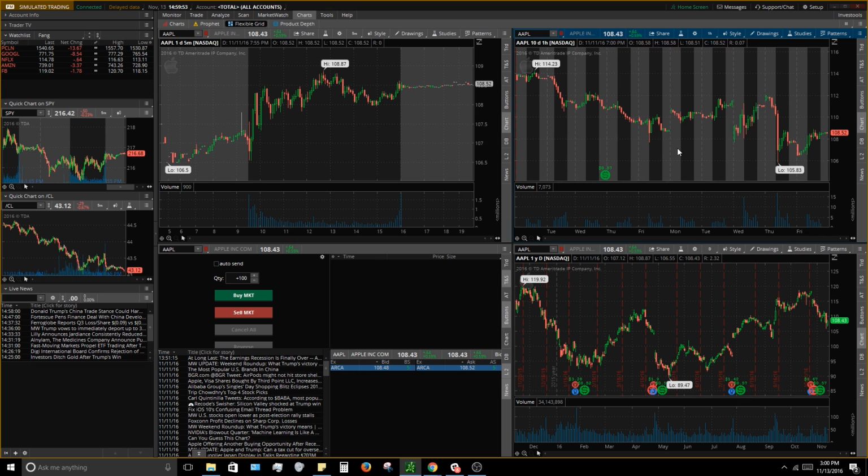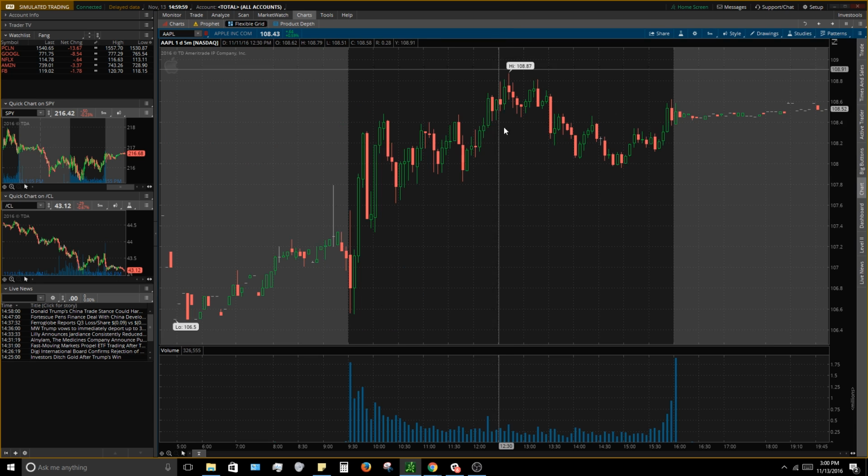So the last chart I want to go over is the top left here. Last but not least, it's going to be my intraday chart. Let me actually zoom in on this by double clicking. So for my intraday chart, I actually like to rock the 1-day 5-minute chart. Since this is the weekend, it's only showing 1 day's worth of action when really this setting actually shows 2 days worth of action. And I like to use 2 days worth of action because, actually